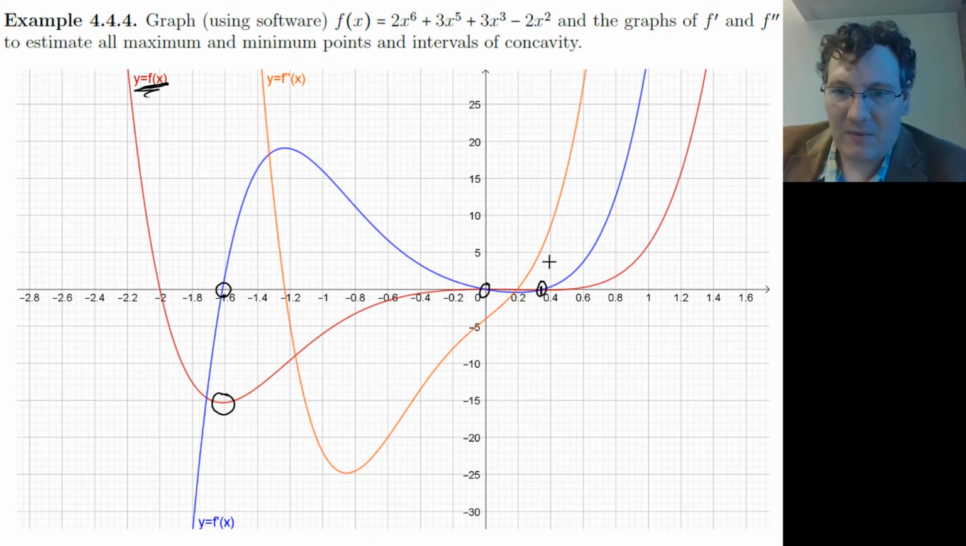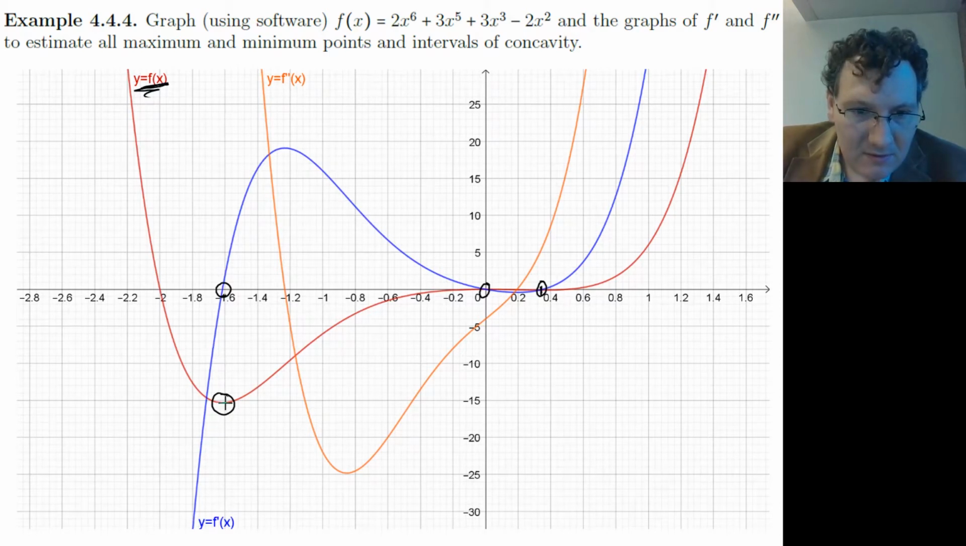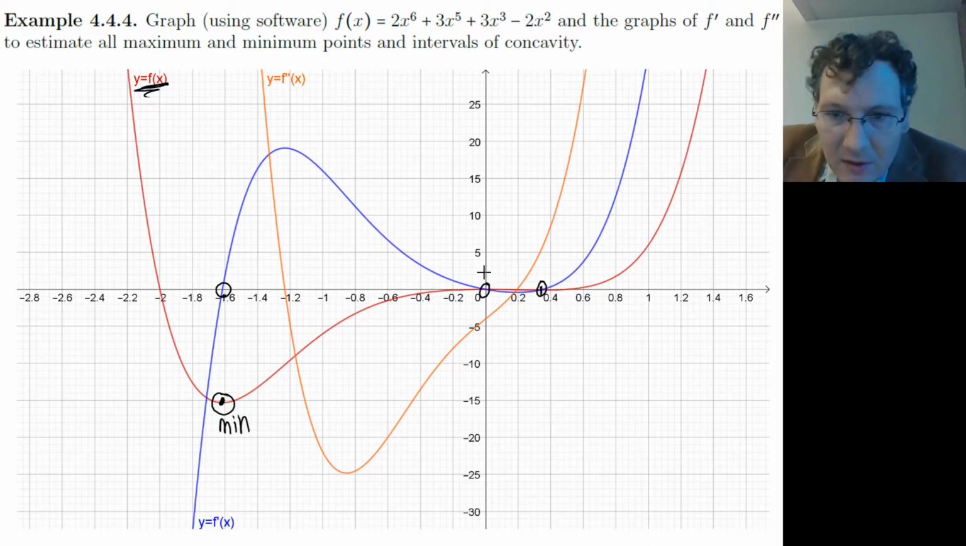So these look like maximum and minimum points. Roughly, that's a min point. We have this point here. It looks like it's the origin. Of course it is. This is something, I'm not sure. And let's just figure out